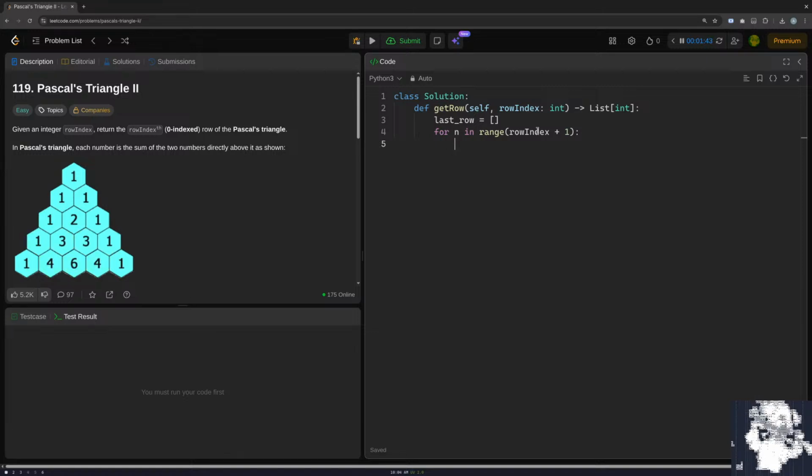Thing is, I want to start with 1, but they told me row index can be 0. So if row index equals 0, return empty list. Otherwise, start it at 1. For n